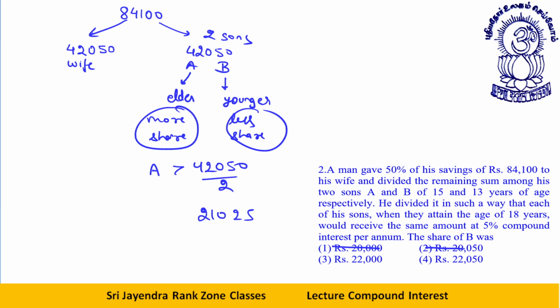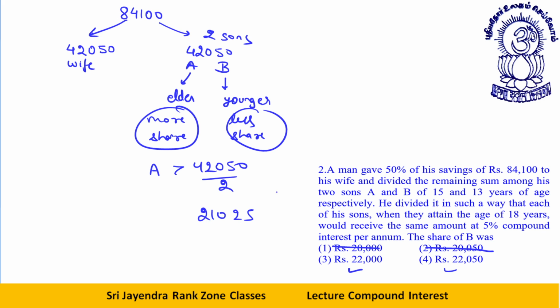These two options are less than 21025. This is more, this is also more. One of these could be the answer. Most of the time it's only one option, but anyway, you have reached close enough. If you have less time in your exam, you can just take a guess, or just play a fluke. You'll still be better off rather than solving this question. Now, no problem. Let's solve this.